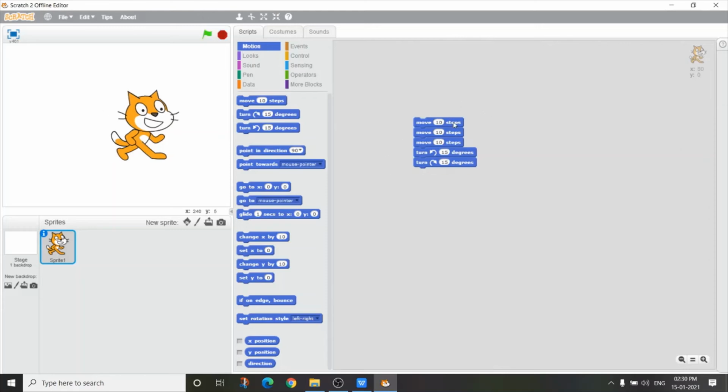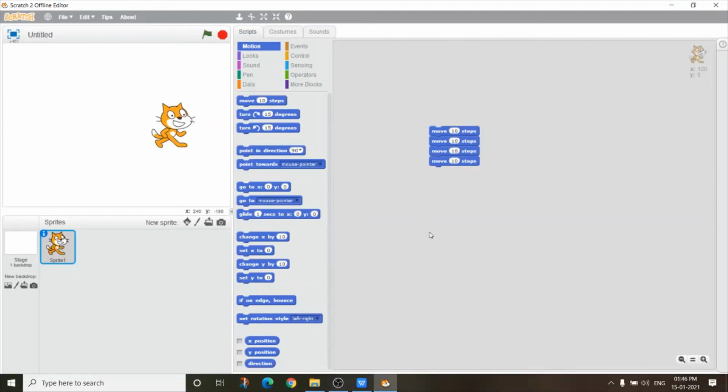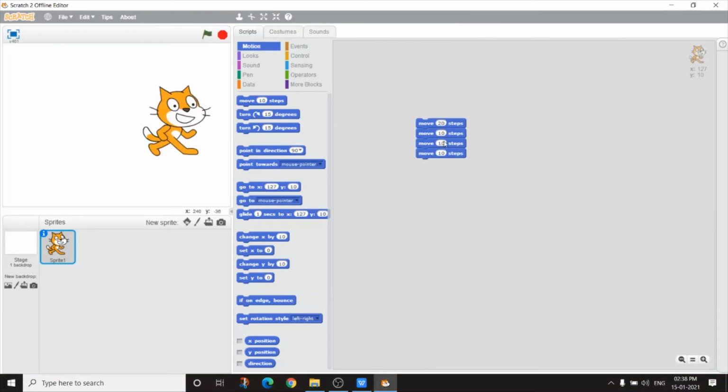See, wow, Mom, it is moving. And Mom, why is the 10 written here? Because it moves 10 steps. Some blocks have white editable text fields inside them, such as the move block in the motion block category. In the motion block category, there is a move block. When I drag this move block here, I can change this value here. This is editable. It goes 20 steps. Mom, why are you changing the number from 10 to 20? Because the sprite moves the specified number of steps.